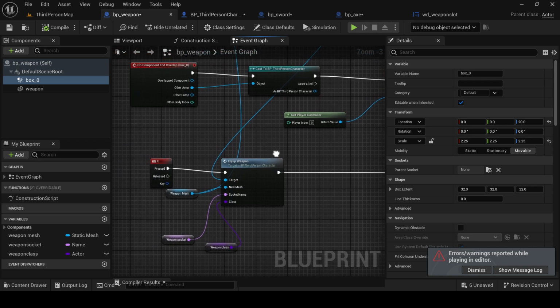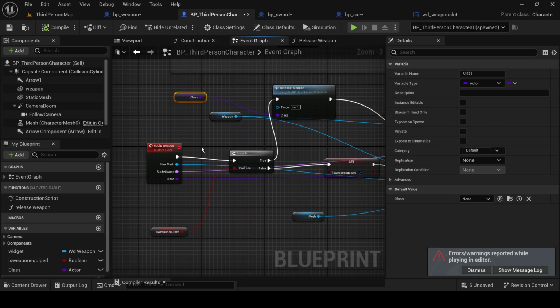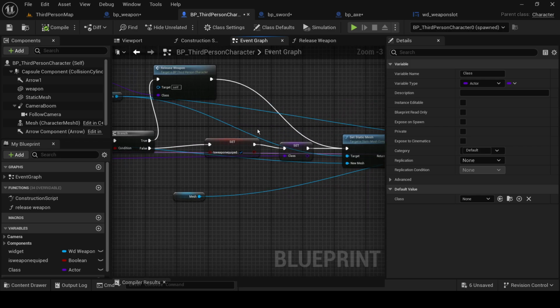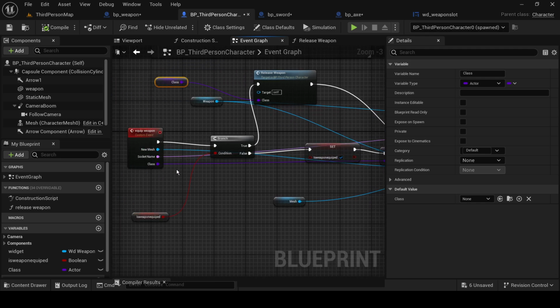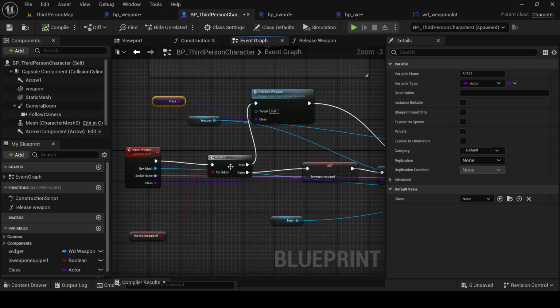So what's happening is we are equipping our weapon, then testing if the weapon is acquired. So we are releasing the weapon and we are setting the weapon to acquired. Updating the class. The class is updating each time we are equipping. So when we are releasing, and then